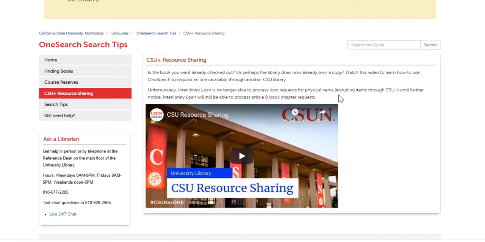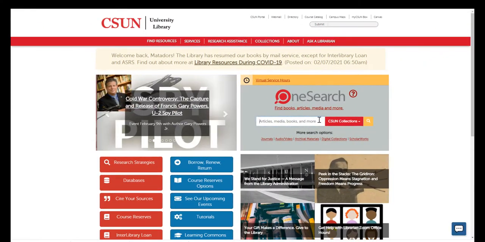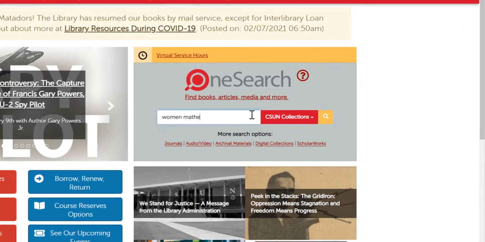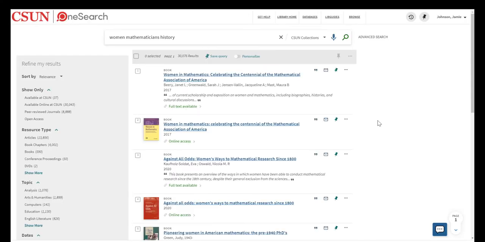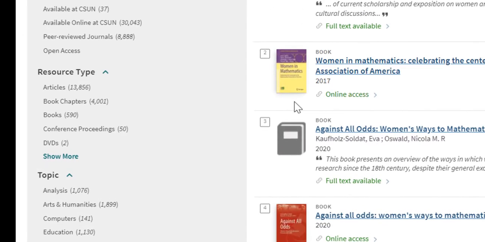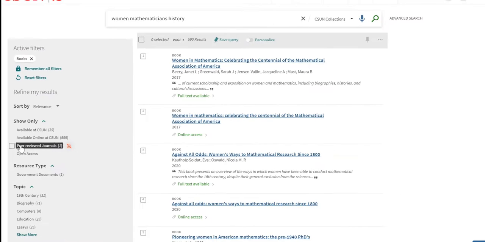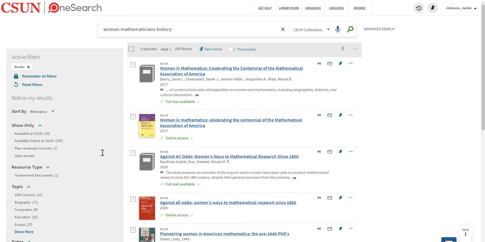If you are searching for a book on a topic, type keywords into the search box. From here, the best way to help you locate relevant material would be to use the Refine My Search options on the left-hand side. Under Resource Type, limit to books, and the results list will include both physical books located in the library and ebooks that you can access anywhere.